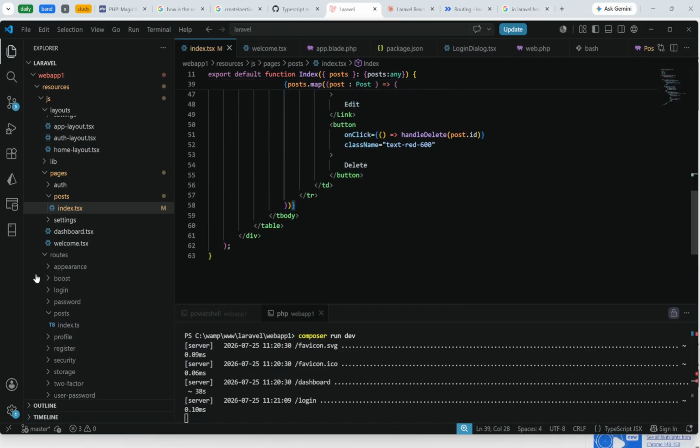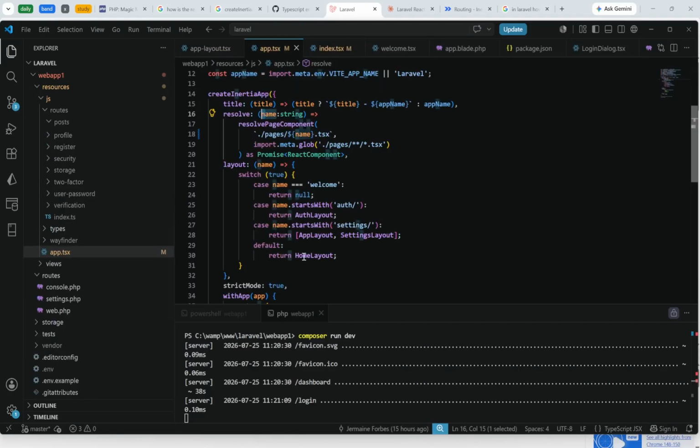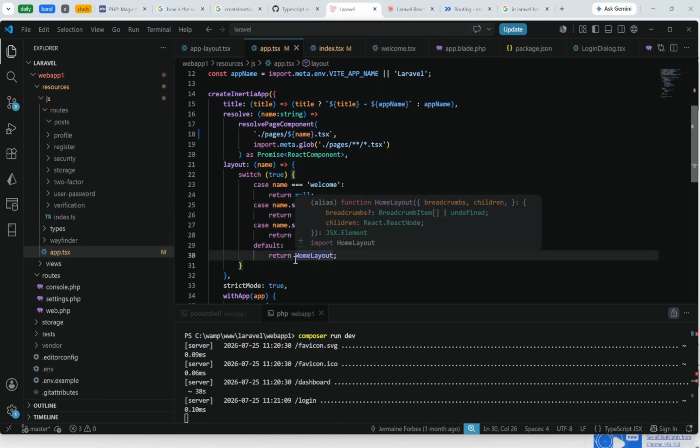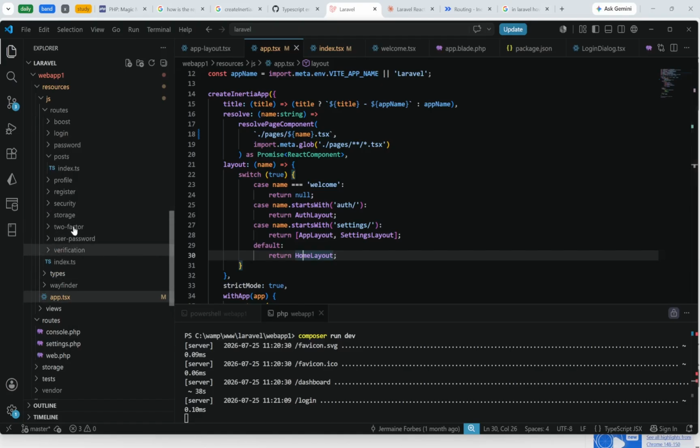So going back into the app.tsx, I think it's using a home layout since I didn't connect it with anything. So if we go to the home layout,